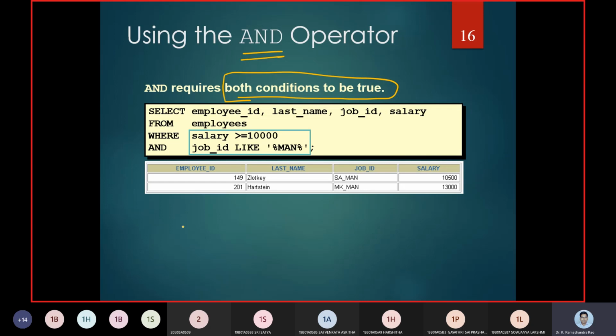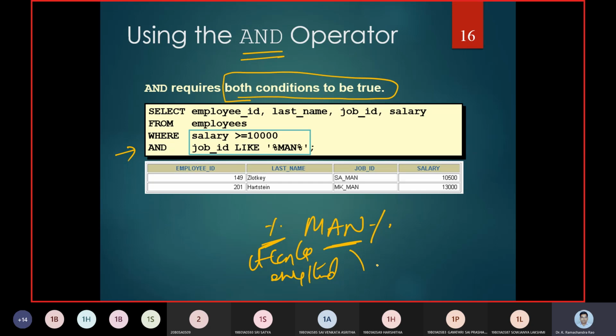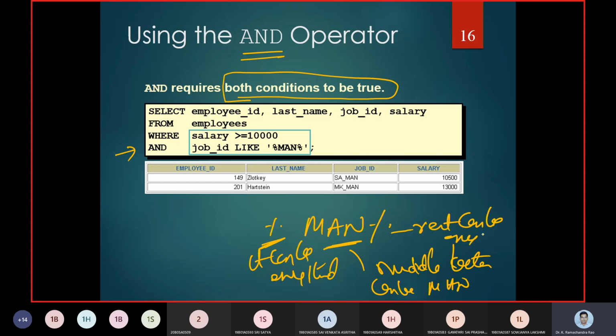Now the first condition says the job ID should have a percentage, so it can be anything, and the middle letters are AN, and again the rest can be anything.